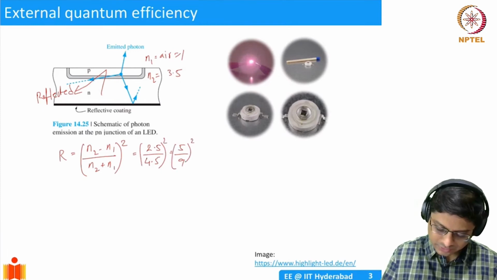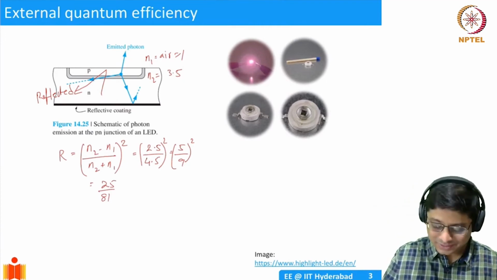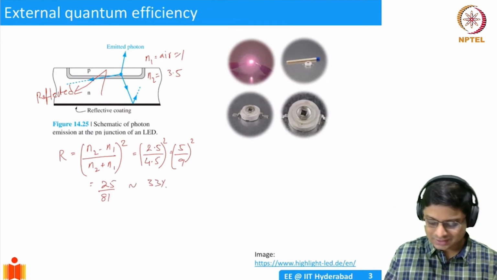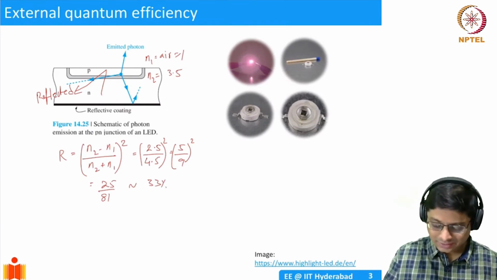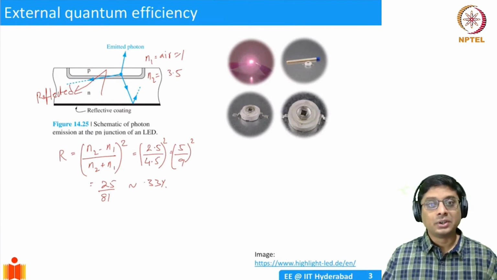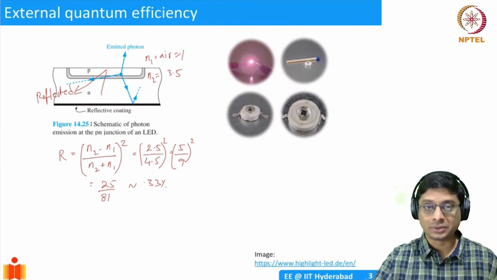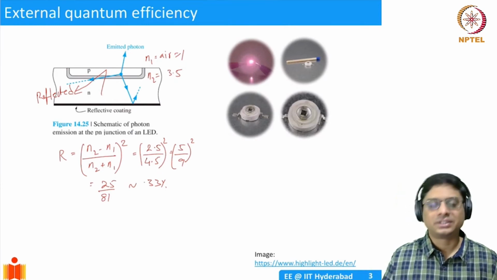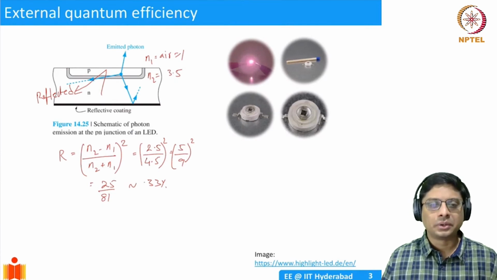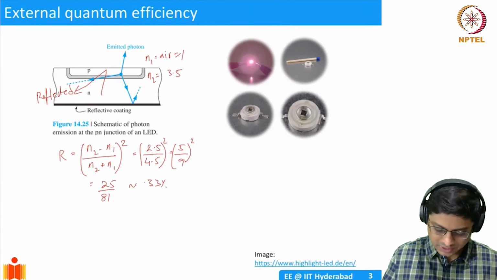So how much is this? 25 by 81. Roughly, now I'll just say 1/3. I'll approximate it by 33%. I mean, 1/3 will be 25 by 75, slightly less than 1/3, right? So 33% of reflection. So if you emit 100 photons, 33% are actually getting reflected. Only 66% are coming out. And this is known as external quantum efficiency. I mean, there can be other things, some of them can be absorbed also. So effectively, external quantum efficiency, EQE, quantifies